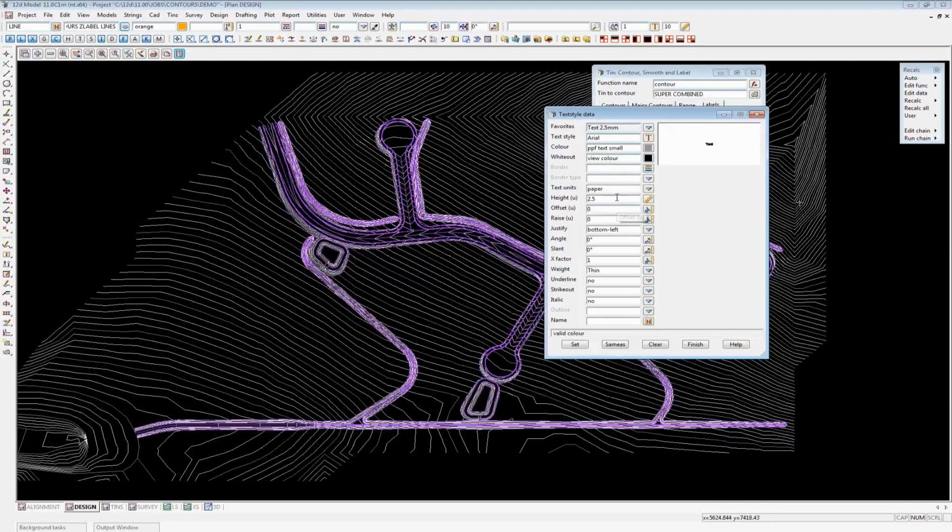I don't need to put a border on it or a border type, I don't believe. It's going to be paper units, and I would recommend paper units for this sort of thing. And in fact, in most applications in 12D, I recommend paper text. The advantage there is